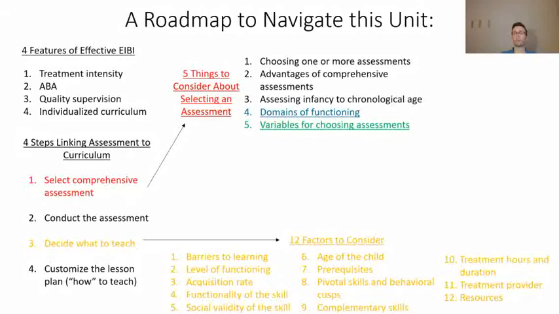That's choosing one or more assessments. In other words, are you going to use one entirely comprehensive assessment, or you're going to use multiple assessments that together would make a comprehensive assessment. We're going to look at advantages of comprehensive assessments, and then another consideration is going to be assessing skills from infancy to the client's chronological age. And then domains of functioning are important to consider when selecting a comprehensive assessment, as are the variables to consider, like additional variables to consider when choosing